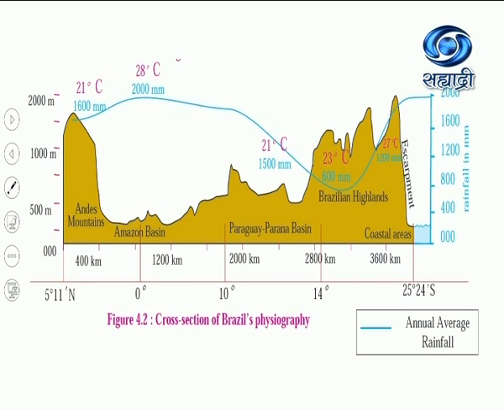Now, let's see the temperatures. Because of the altitude, as we have seen on the map, the temperature is 27 degrees Celsius. On the Brazilian highland, the temperature reduces to 23 degrees Celsius. Again, in the Amazon basin, we find the temperature is around 28 degrees Celsius. It is because the equator passes through this area, and there you find a hot and humid climate throughout the year.